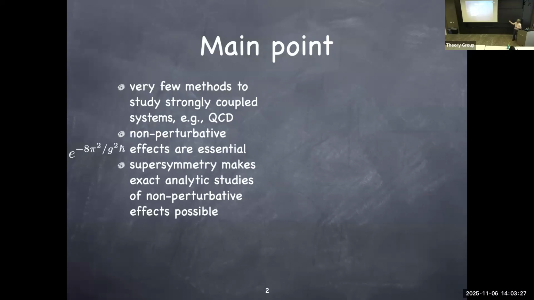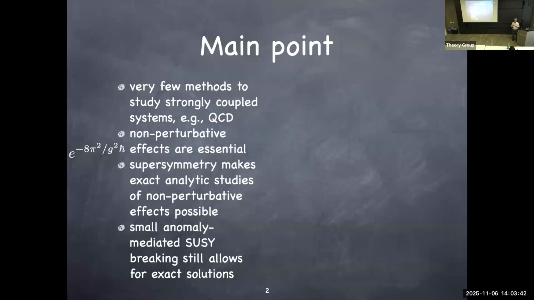But anyway, suppose you do that, then it had been known by famous people like Witten and Seiberg that supersymmetric gauge theories can be solved non-perturbatively, exactly, which is great. But it turns out that those solutions don't seem to look like real world QCD at all. I'll tell you in what sense they look different from each other in a moment. So it still doesn't tell us much information about the non-supersymmetric QCD we would like to understand.